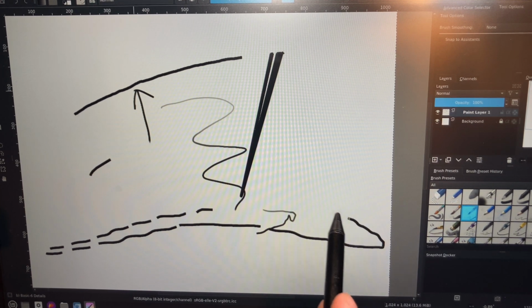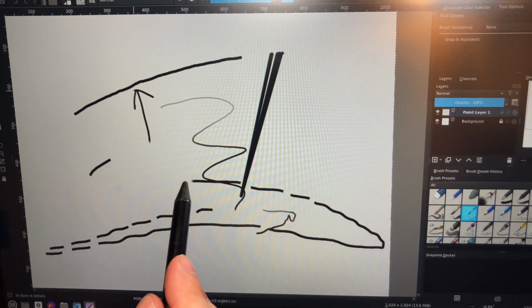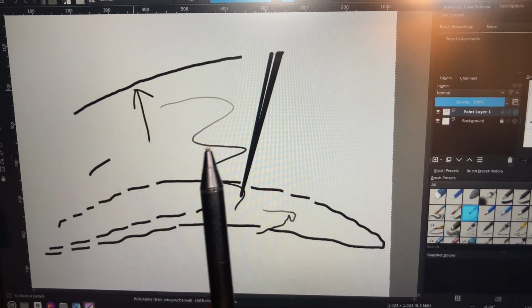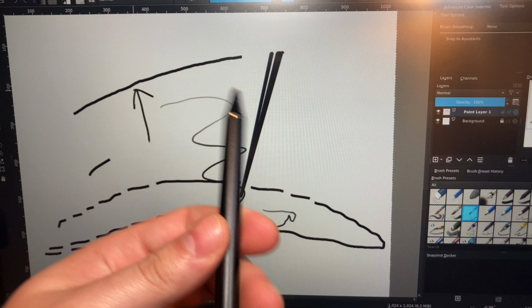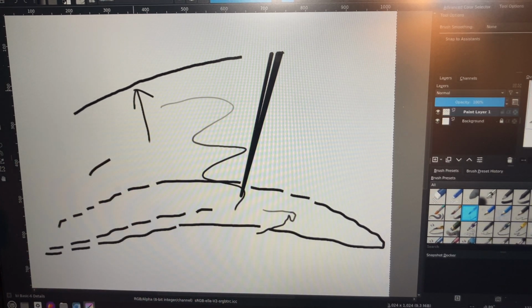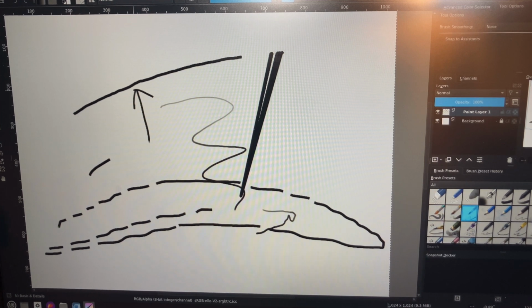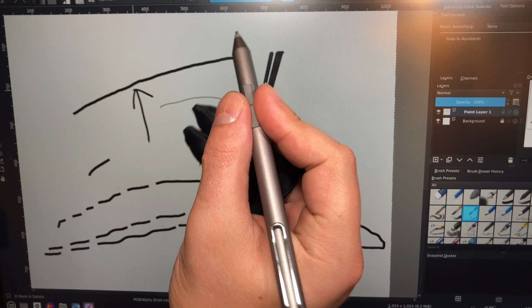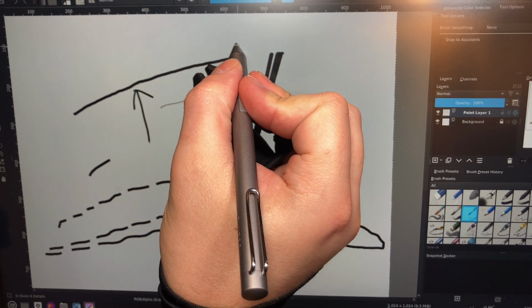All cheap touch capacitive screens are like this with this type of pen. Unless you're using a nice smartphone that has like a high quality digitized screen, this is what you're going to get. So you will see in a lot of the reviews about this pen that when they try to do that same type of arc, so if I try to go here and draw,